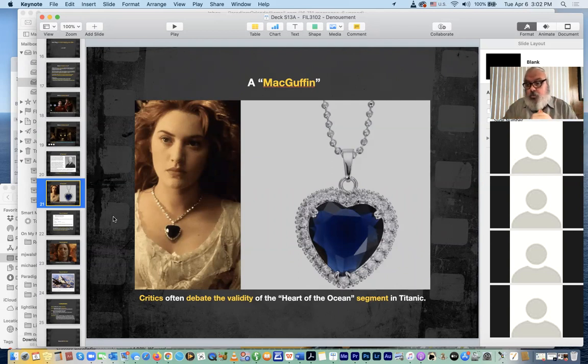And then Bill Paxton's role becomes sort of secondary to the overarching concern, which is what will happen to the love between Jack and Rose. And does this mean the boat's not going to sink? No, that's impossible. It actually sank in reality. So it becomes this odd story point that many critics debate the validity of and say, well, did we really need that in order to tell this story? So I'd be interested in knowing your comments on that.